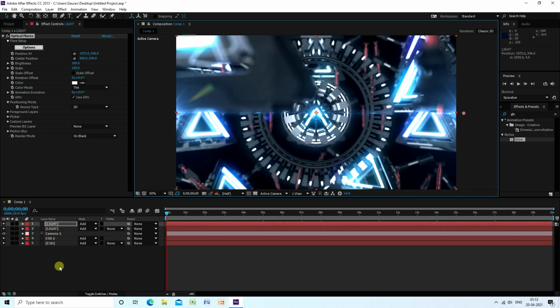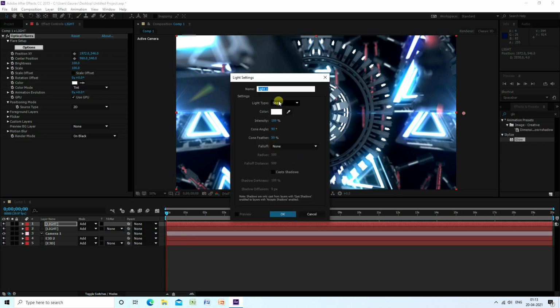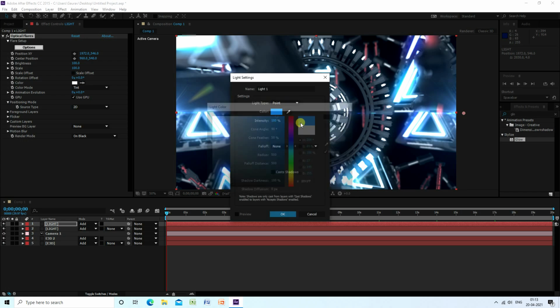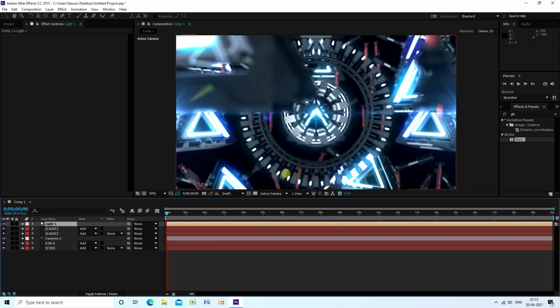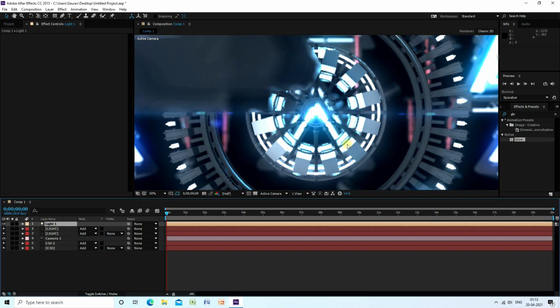Okay, so now guys last one, last step, I use light, this one, and guys use point light, and color I like blue light. Yeah, and guys intensity I like 2000. That's my light, right? It's beautiful effect.